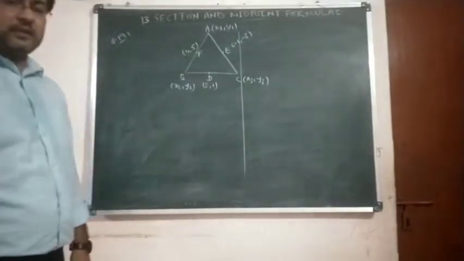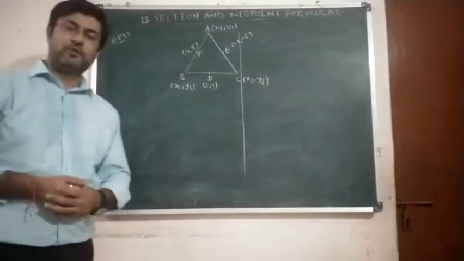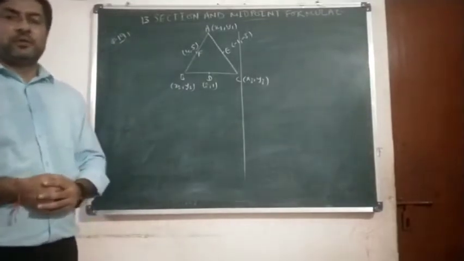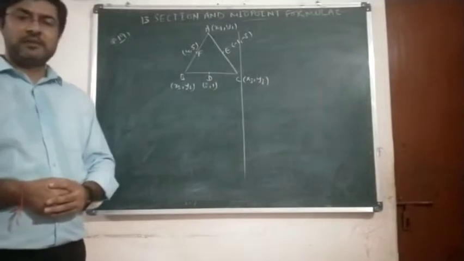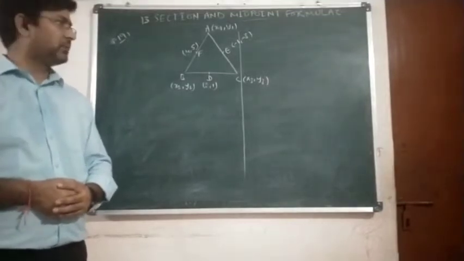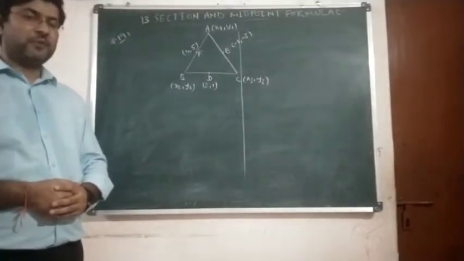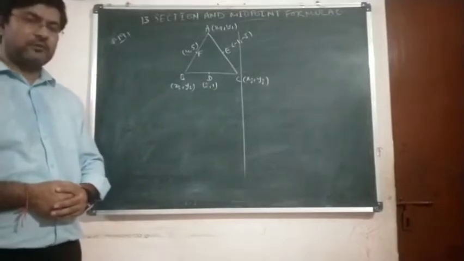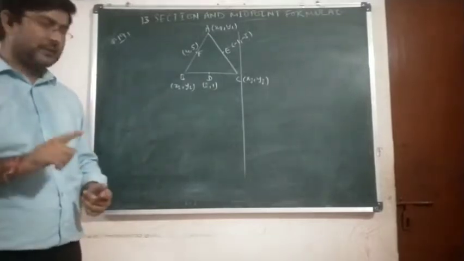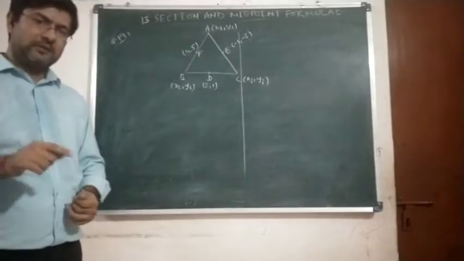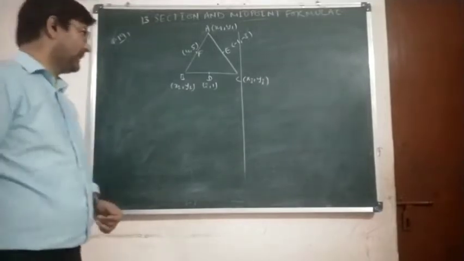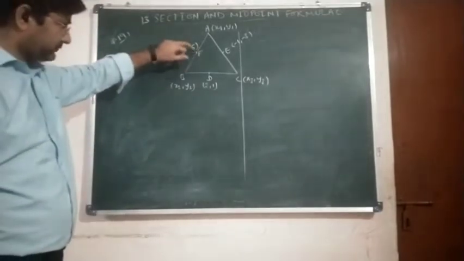Okay, here we will recall the midpoint formula. The midpoint of any line segment is given by (x1 plus x2)/2 and (y1 plus y2)/2. So the x coordinate of the midpoint is (x1 plus x2)/2, and the y coordinate is (y1 plus y2)/2. Okay, let us begin with F.